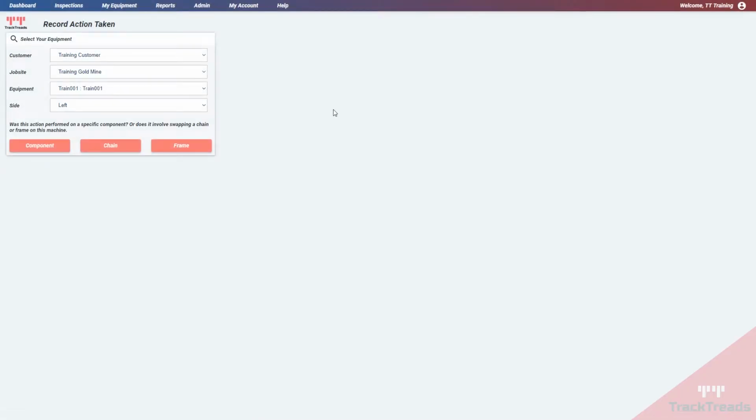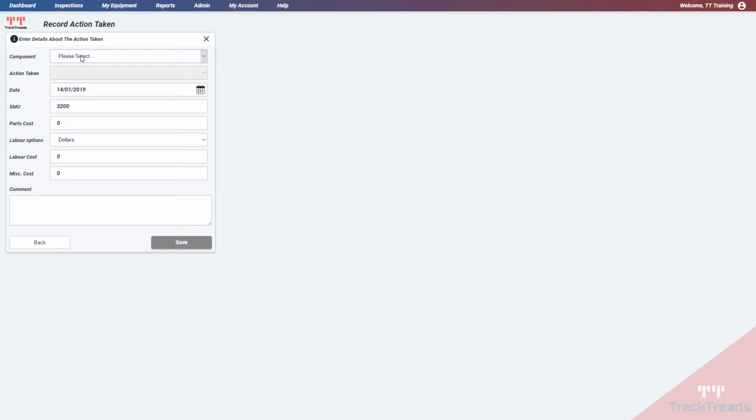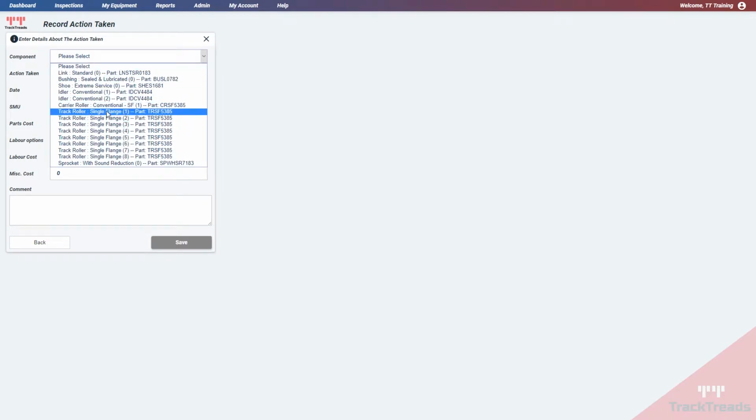There are a couple of different ways to record an action on a piece of equipment, so I'll run you through this way and then I'll show you the alternative. So we've selected record an action and it's pre-selected the equipment that we want to use. So we're just going to say replace one of the track rollers. So this is a component. We could also choose to replace the entire chain or the entire frame system. But we'll just select component on the left hand side. We're going to say track roller 1